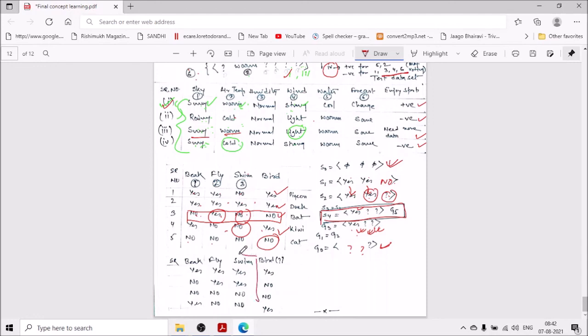If we have test data and we don't know the class label, then what can we check? We can check with the hypothesis yes, question mark, question mark. So if it is yes, yes, it's a bird, yes. No, it's a yes, it's a bird, no. No, yes, it's a bird, no. Yes, it is yes, it's a bird, yes. So we can use this particular hypothesis to identify the class label of the unknown data.